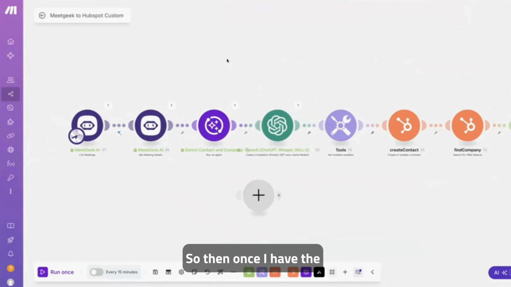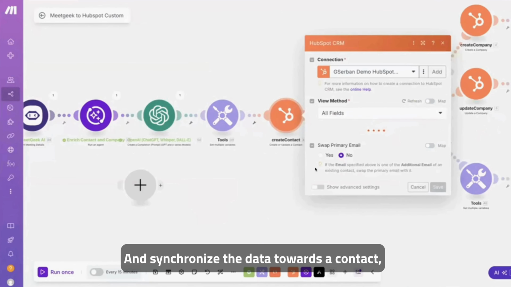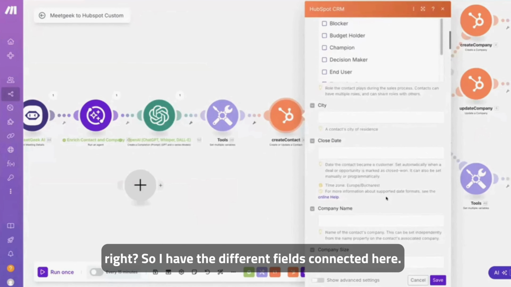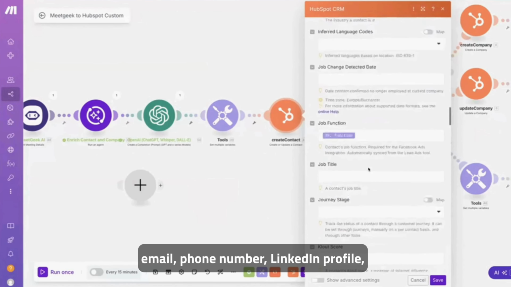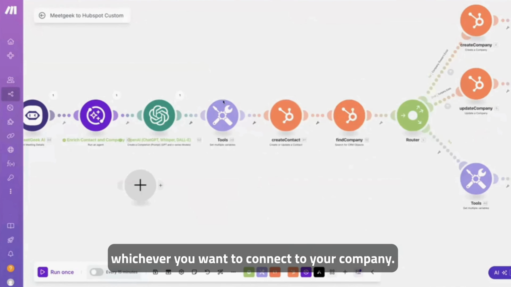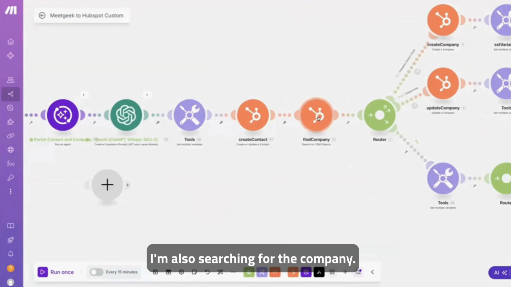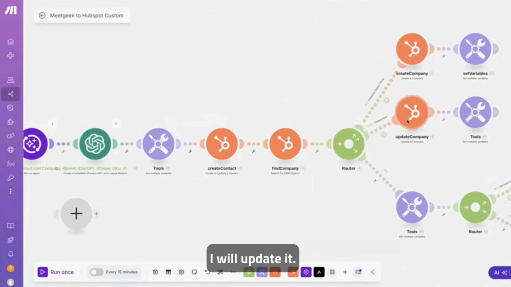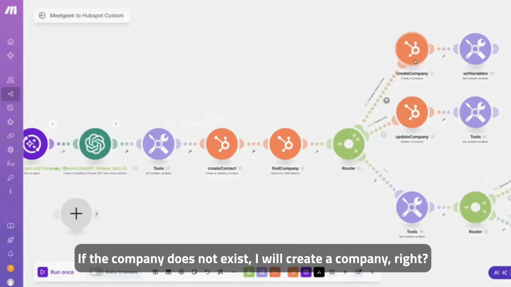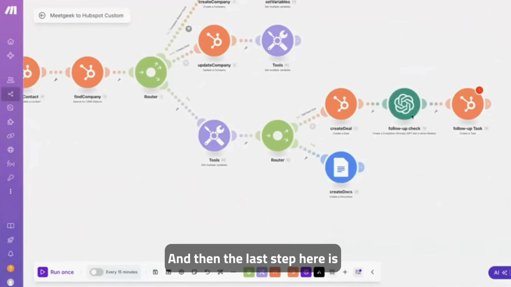Okay. So then once I have the data parsed, I'm going with that data and synchronize it towards a contact, right? So I have the different fields connected here, the ones that I define like first name, last name, email, phone number, LinkedIn profile, whichever you want to connect to your company. I'm also searching for the company, and then if the company exists, I will update it. If the company does not exist, I will create a company, right? Create a deal. And then the last step here is